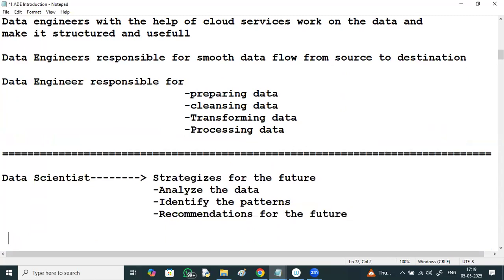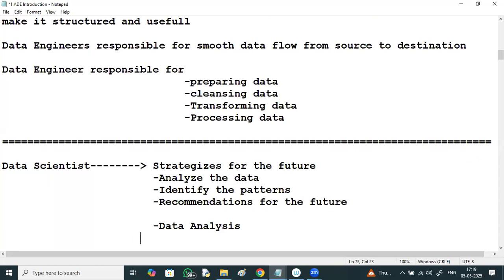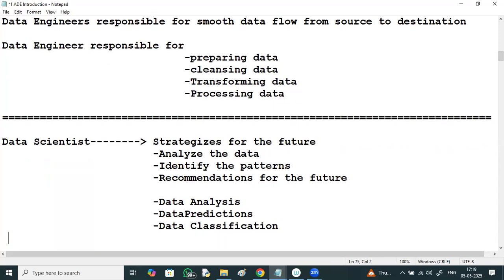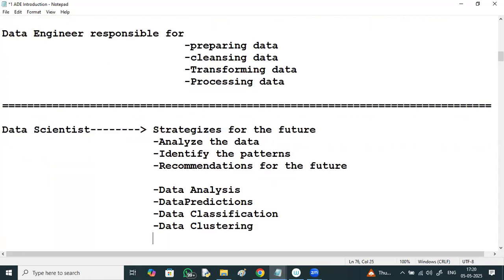Generally, data scientists perform data analysis, data predictions, data classifications, data clustering, and data recommendation.